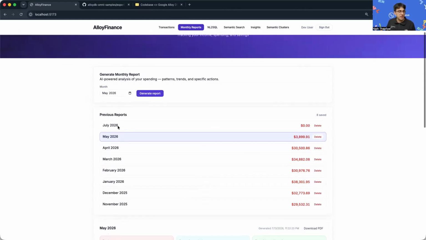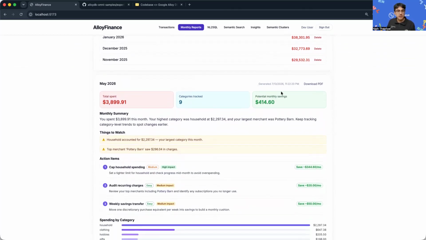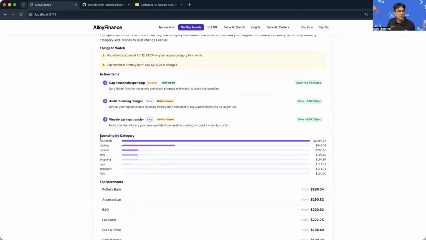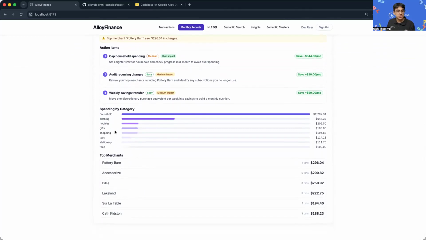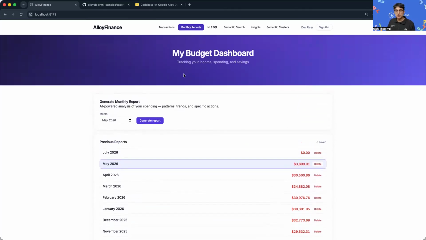So currently it's generating the May 2026 report, which it just did. And we have a nice view here as to how much we spend, how much we could save. We have some actual items here as to things that we can do to reduce our spending. We can take a look at the spending by category, as well as some of the top merchants that we've spent money on. So this concludes all the features that we implemented as a demonstration of AlloyDB, but maybe let's